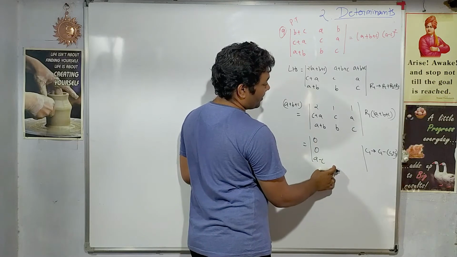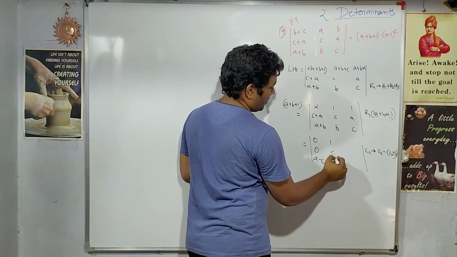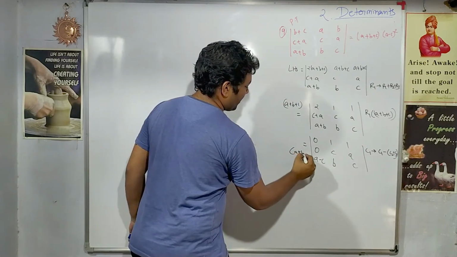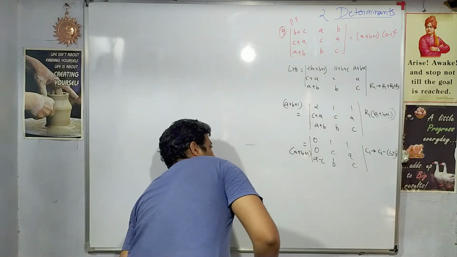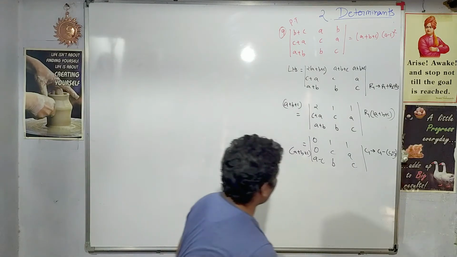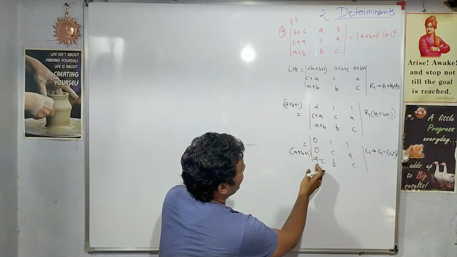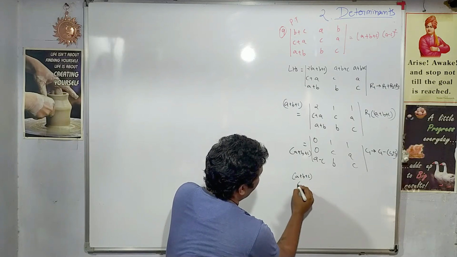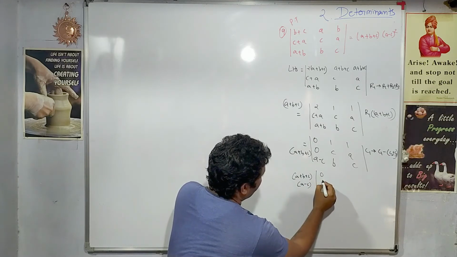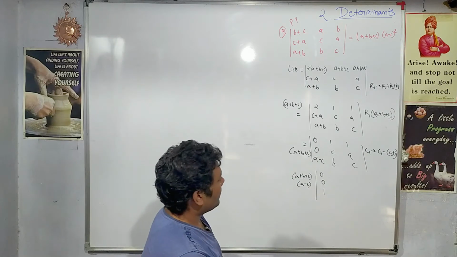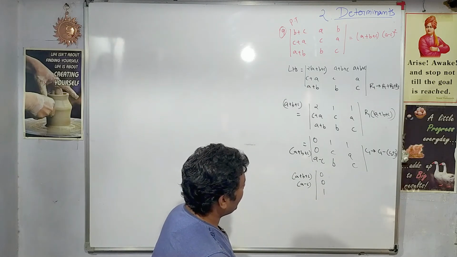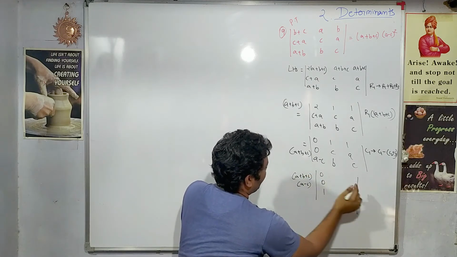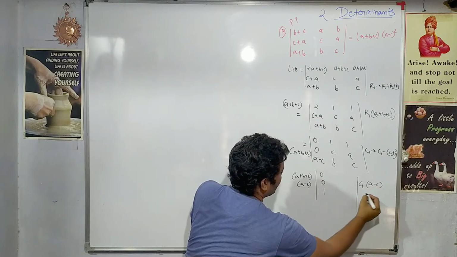Then can I carry out one similar operation? No, I don't see any other operation that can be worth it. I already have a plus b plus c common. Then the next step, I can take out a minus c common from the first column. So a plus b plus c and then a minus c common. So 0 0 1, correct? Then if you can find any other operation worth doing, let me carry out one more operation. So the first operation which I am doing is from column 1 I have taken a minus c common,